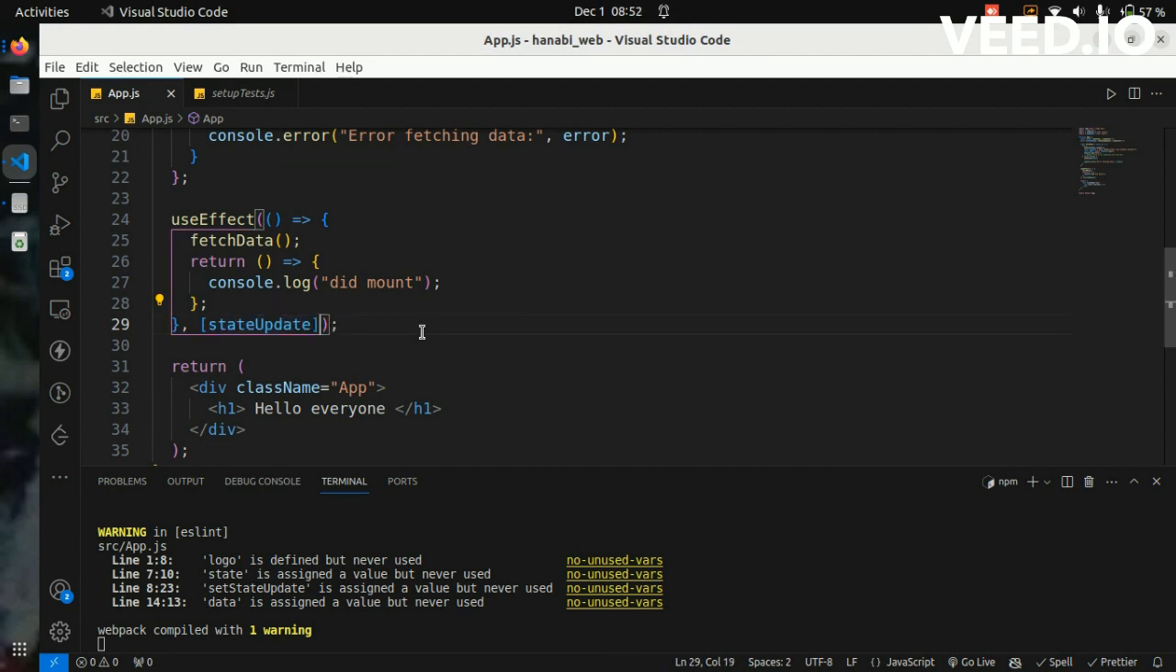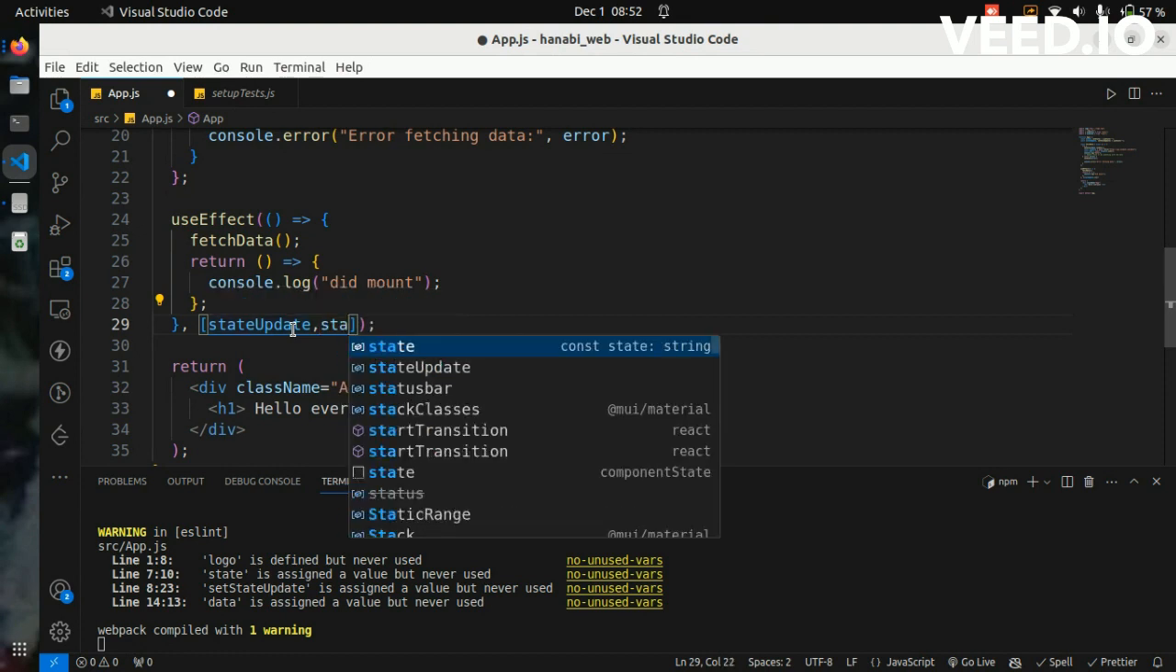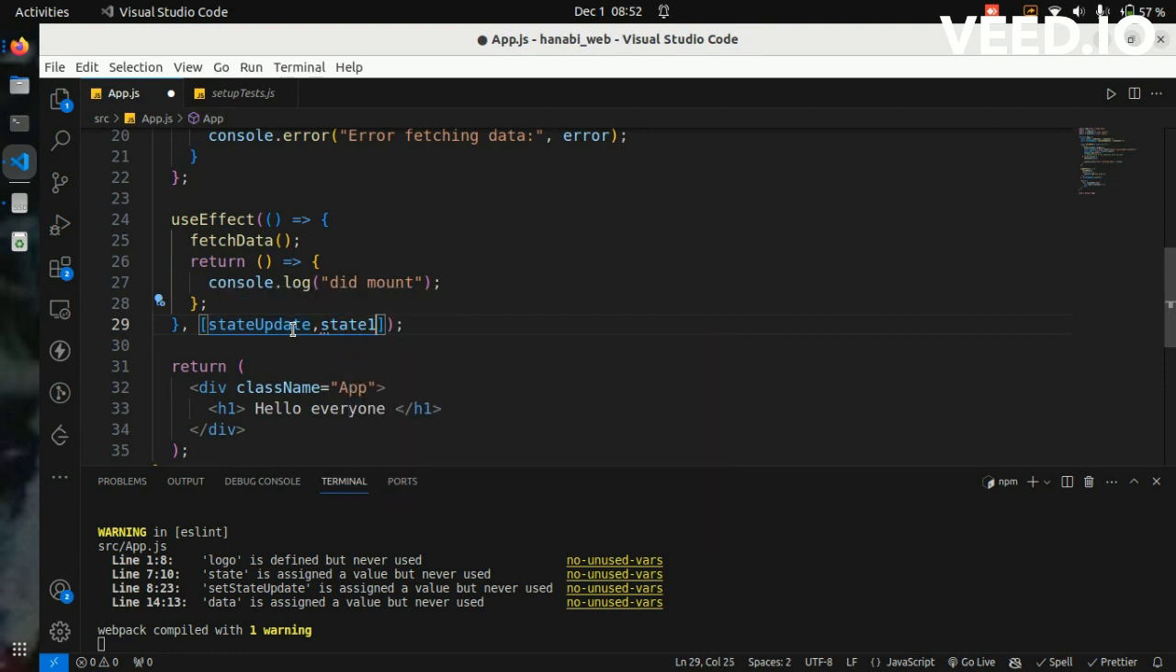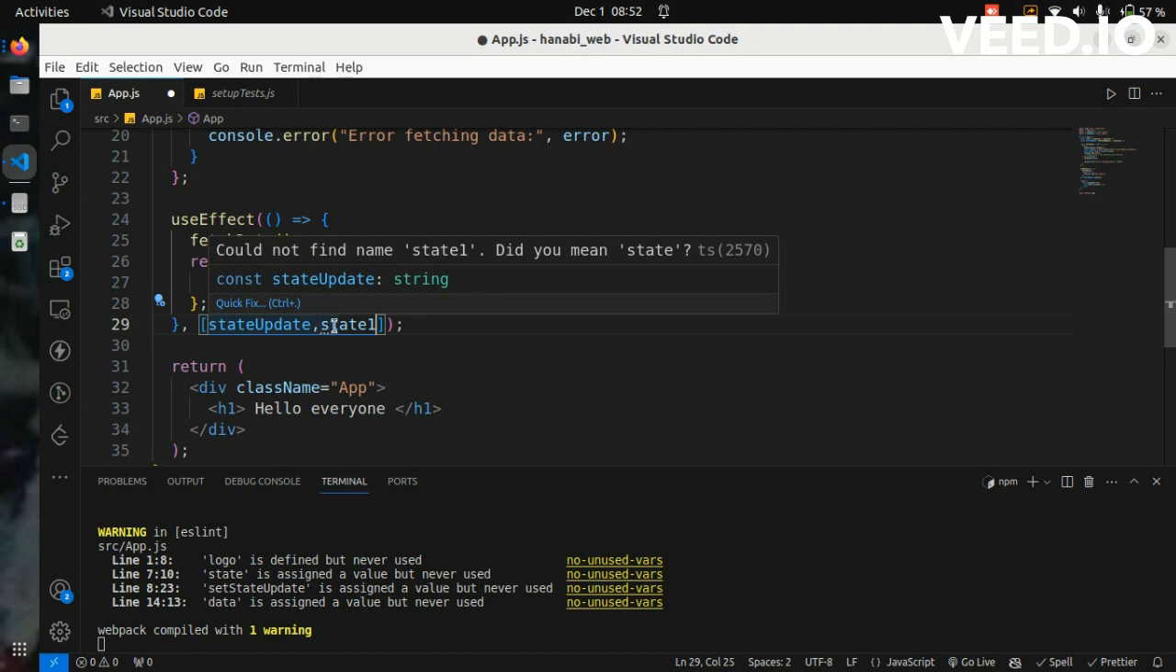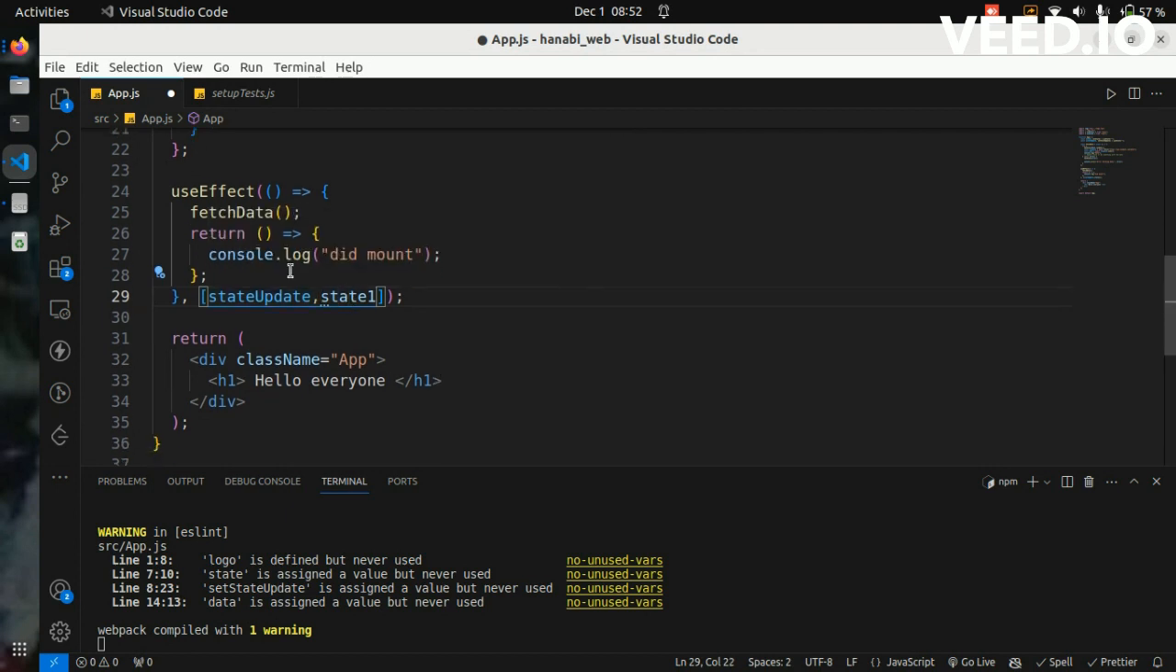And if you want to pass more dependencies, you can pass that dependency as well from here, state 1, state 2, like this, separated by this comma. Okay, and everything what